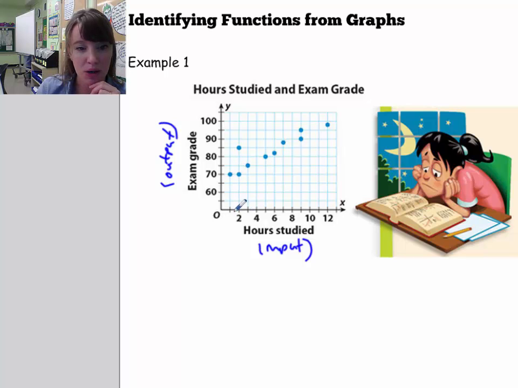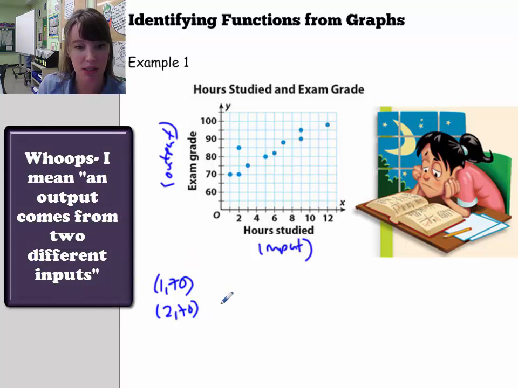Okay, so here, this is the coordinate. If all these points represent the relation, and I'm trying to figure out whether or not it's a function, I could write them all down, right? The first coordinate is 1, 70. The second coordinate is 2, 70. Again, that's okay. 1 is being sent to 70 and 2 is being sent to 70. It's okay if two separate inputs go to the same output. That's still a function. But here, this is